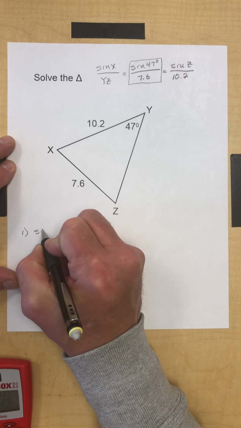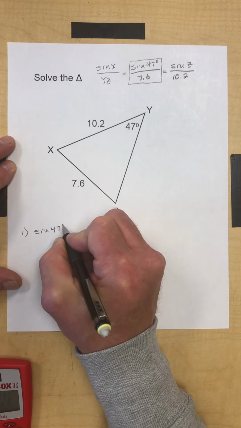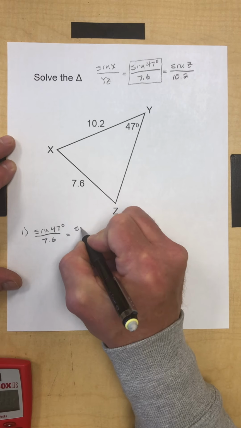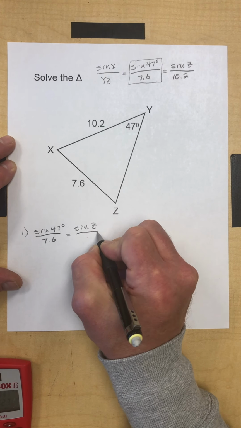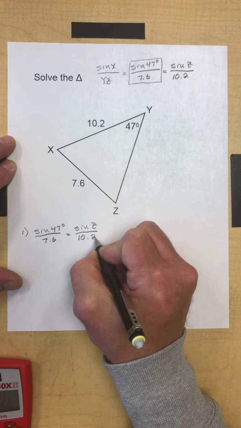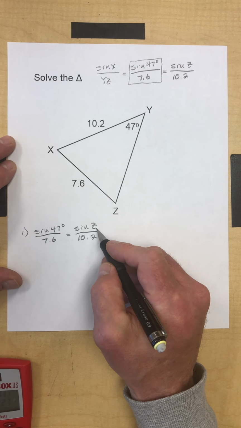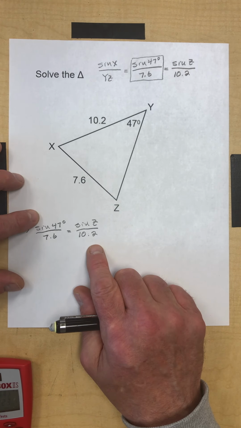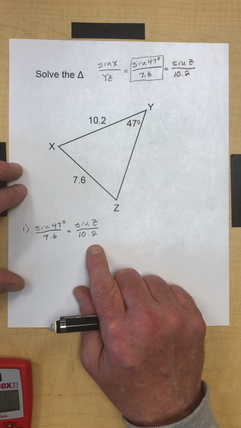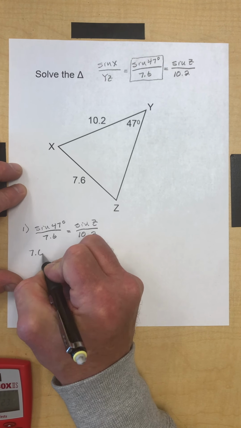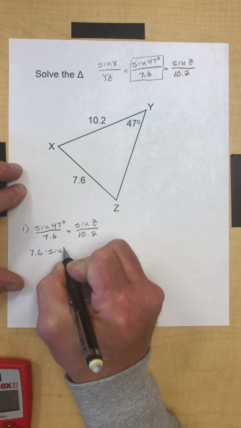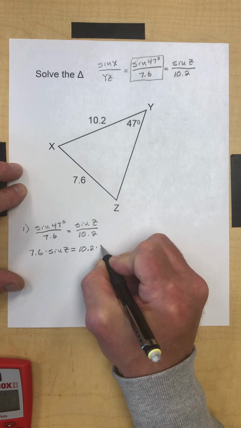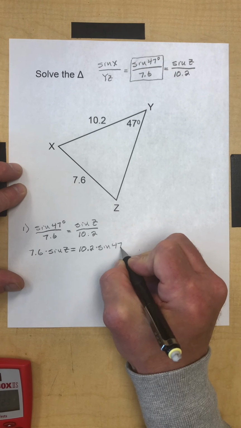Okay, so I take the sine of 47 degrees over 7.6 equals the sine of angle z over 10.2. And notice we're looking for an angle measure, so we're going to have to use inverse trigonometry to find that. So let's take the 2 cross products. Okay, so I get 7.6 times the sine of angle z equals 10.2 times the sine of 47,